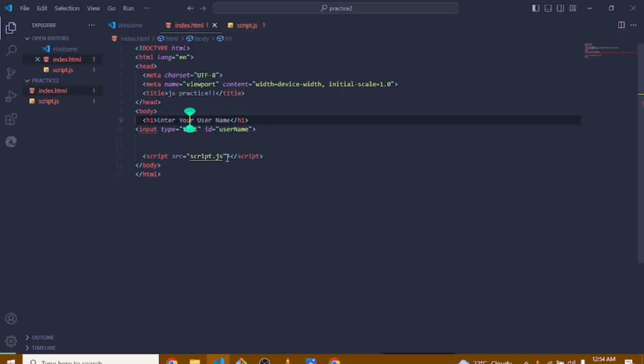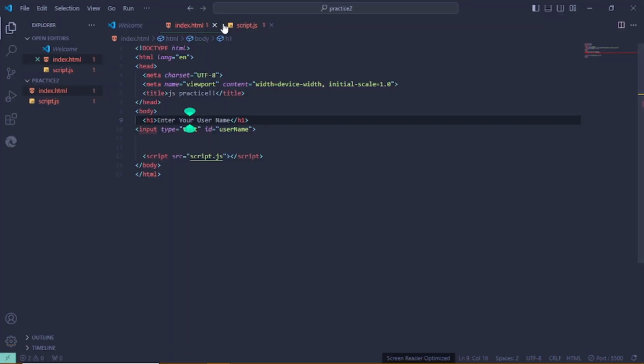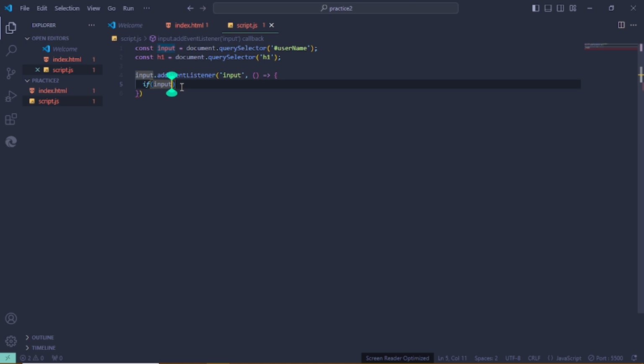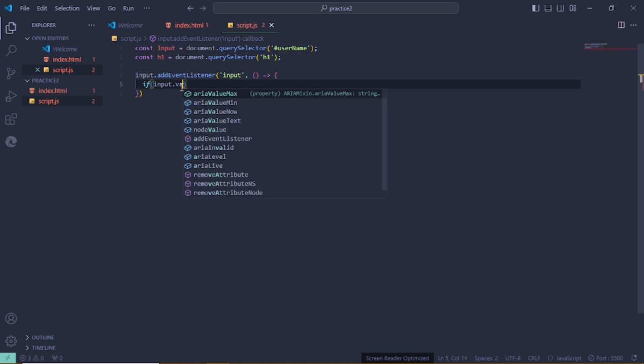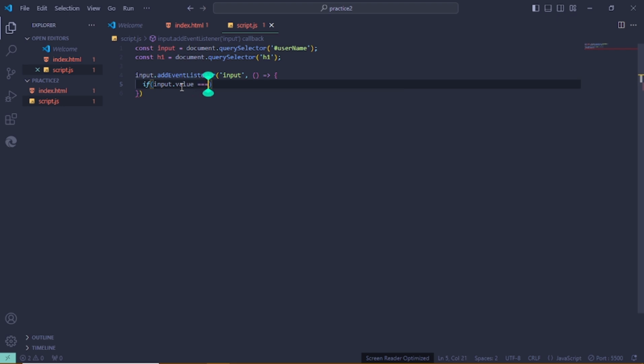Let's go to our JS: input dot value equals to an empty string. If input dot value equals to an empty string, then